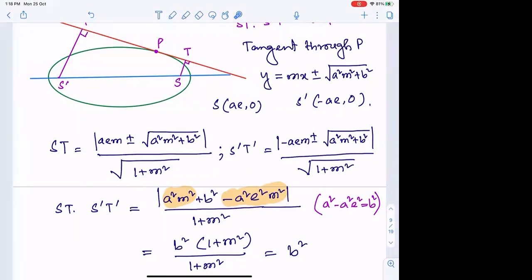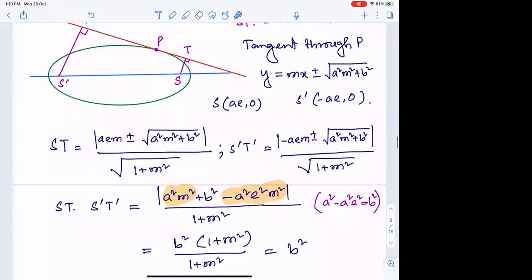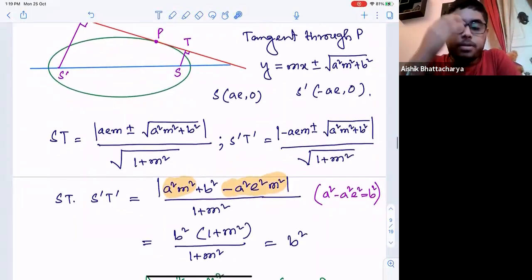Yes, sir. Just keep this idea in mind that the product is equal to a constant. This is an idea we are going to explore with the rectangular hyperbola, so over there this idea will be reconsidered. Anyway, for the timing, the result is sufficient. Is that clear and gettable for everyone? Yes, sir.